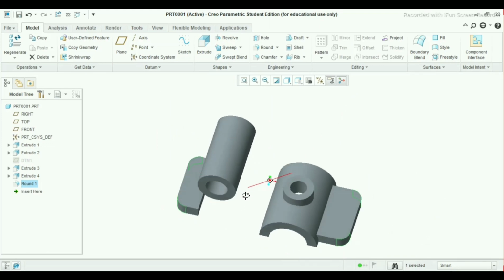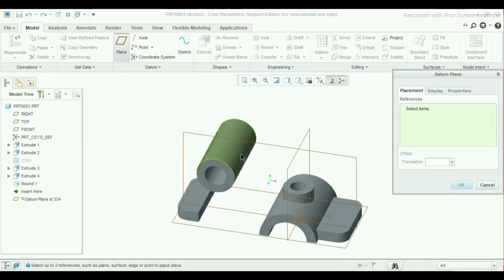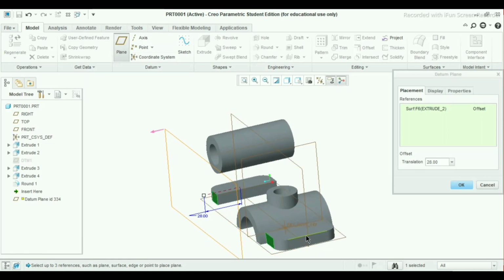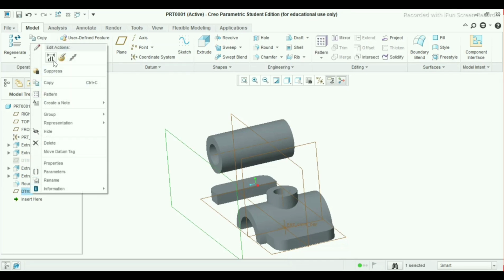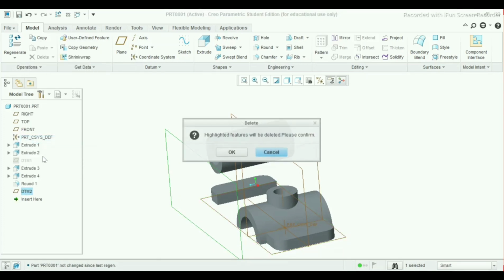Now say go to datum plane, select this face. As you can see, delete this.